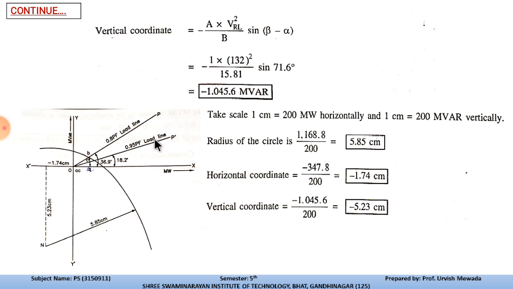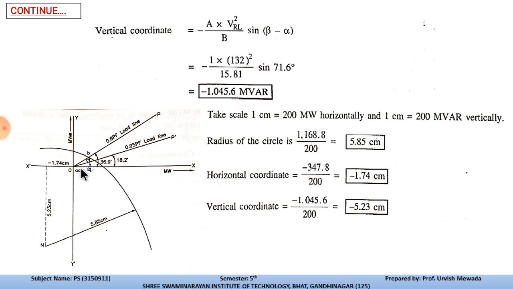So we are drawing this load line OP dash, and from N we are drawing this arc which is intersecting at this point B, and this is the point C at which this line is intersecting the vertical line, and this is the Q. So from this we can determine all the parameters of the transmission system. The OP line is indicating the load line at 0.8 power factor, and this is the 0.95 power factor load line, and these are the angles that we derived from the given data.